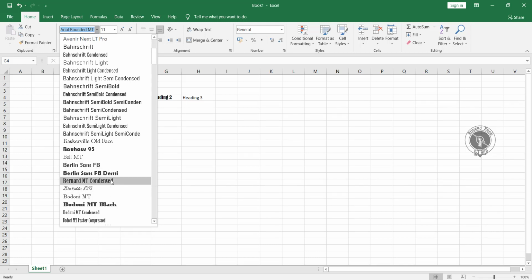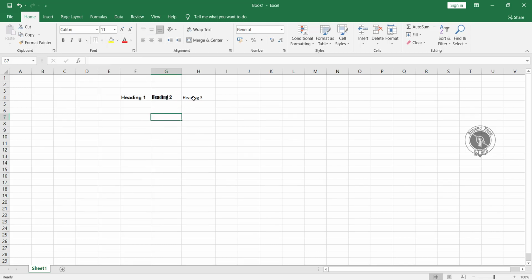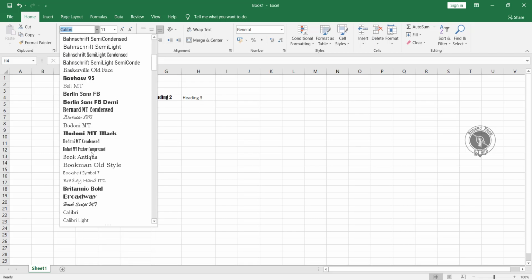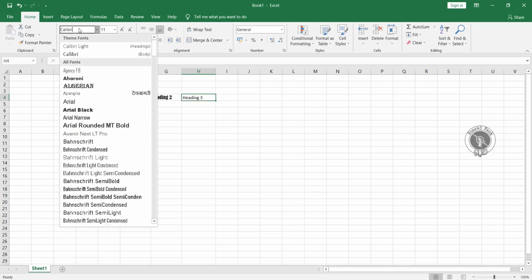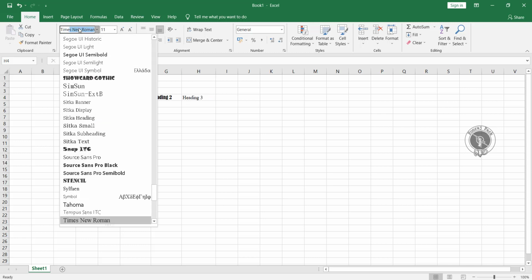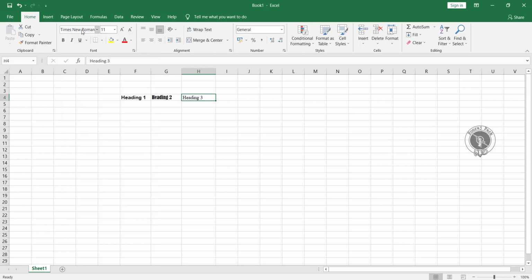So suppose I'll just apply this, and in this third cell, whatever font you are searching for, if you are not getting it in this list, we can also type it in over here. So you can just delete this name. I'll write here Times New Roman. I had simply written Time, and now it is showing me the suggestion. You can simply press enter. You can see here the font has been applied to this.